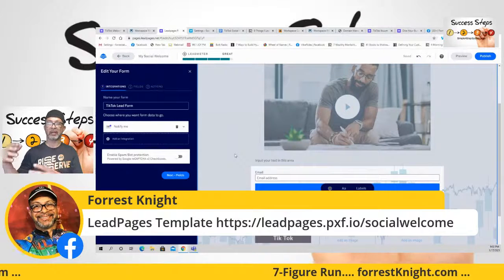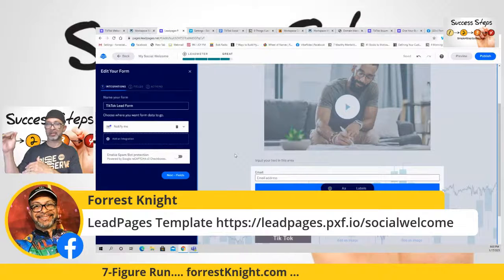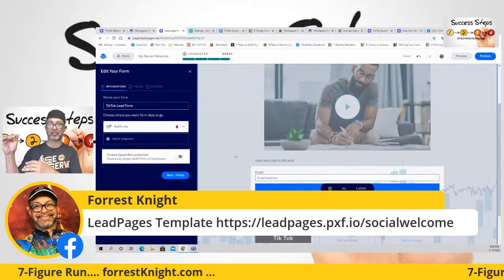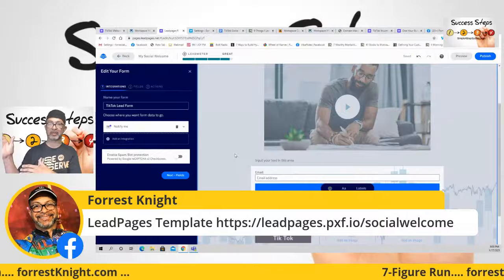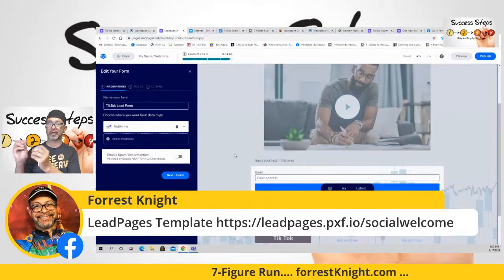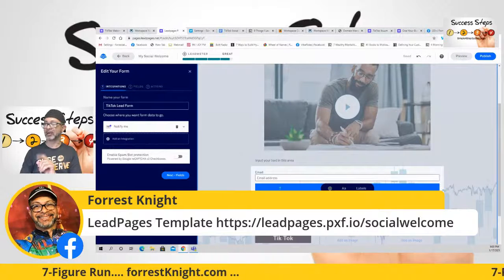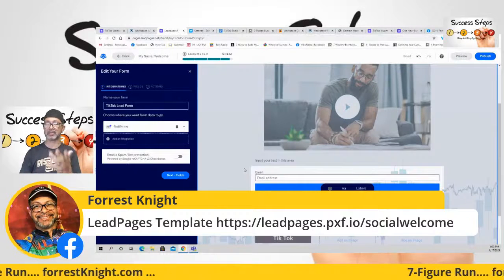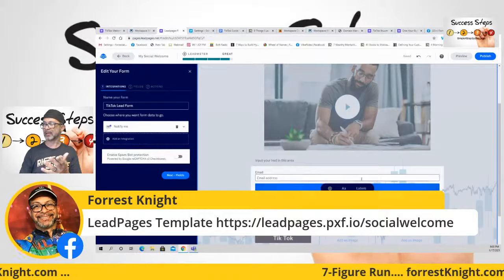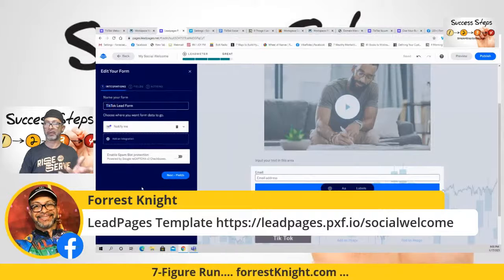TikTok lead form. If I duplicate this form and I create the exact same form, it's going to change the title at the top, and it might say welcome Instagram fans, right? This one can say welcome TikTok fans. Once you build this page, all you got to do is copy and duplicate the page. And the only thing that you would have to change is the title at the top. It says welcome Instagram fans. And then in this form, you come in here and you change this to Instagram form.